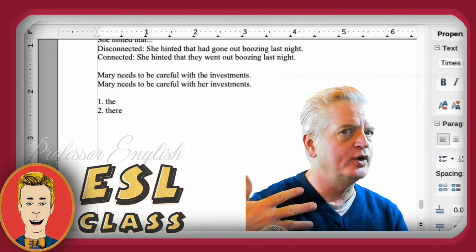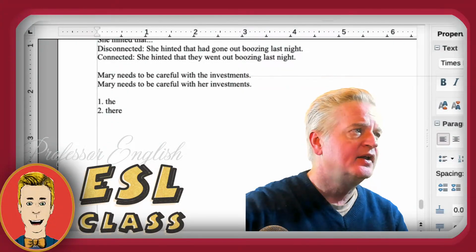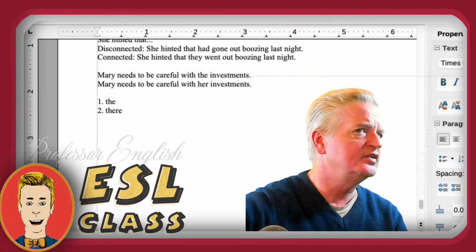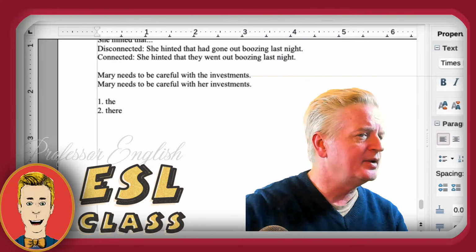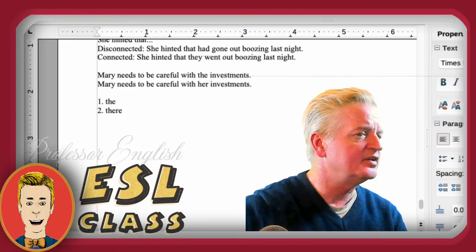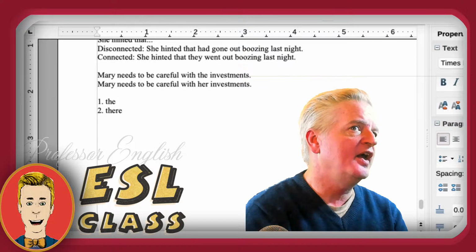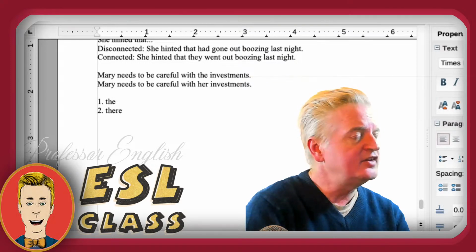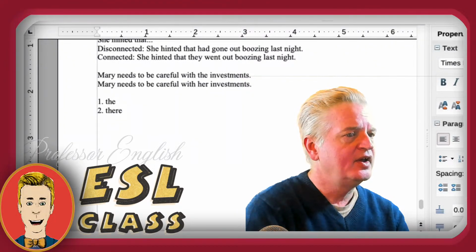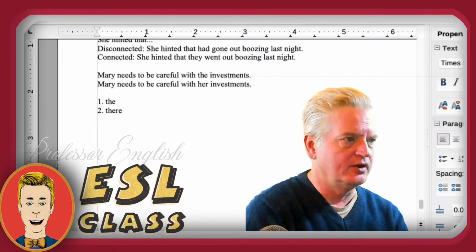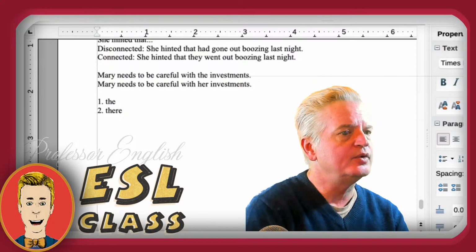And this becomes really important because in some types of English, in Australia, in the UK, they don't pronounce the R's, the final R, at the end of a word. So the vowel sound becomes extremely important in that situation because how can you tell the difference between "the" and "there"? That's a very different sound. "There." It's like 3 or 4 sounds. "There." Number 1 is "the." Number 2 is "there."